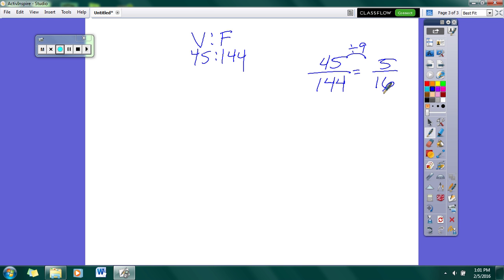And what's the fraction of the total weight of vegetables and fruit? So veggies plus fruit over vegetables. So we're going to take 45 plus 144, and we're going to get 189 over my original vegetables. Okay? And the last one says the ratio of the length to the width of a rectangle is 5 to